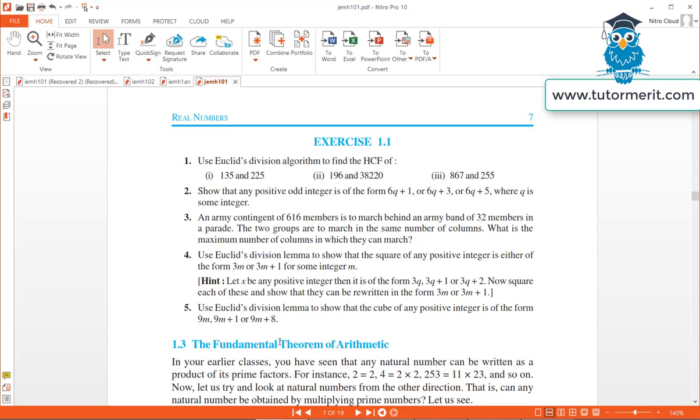So effectively, whatever is given to you, you just try to use this simple lemma, put in the values, and then keep doing the sums, you will get the solutions. So this brings us to the end of